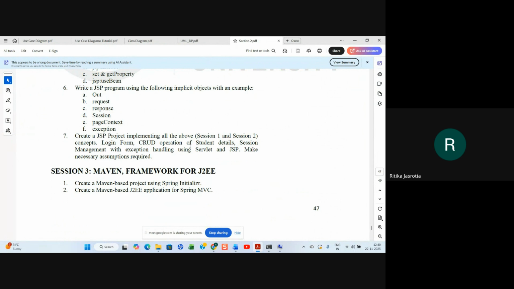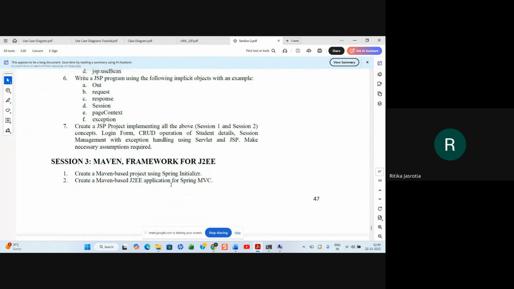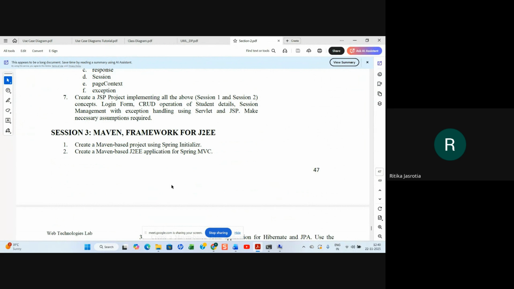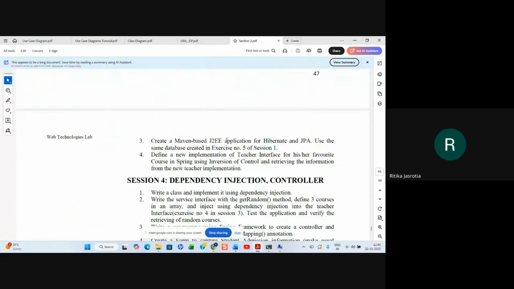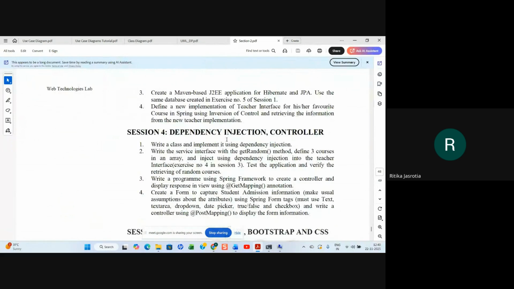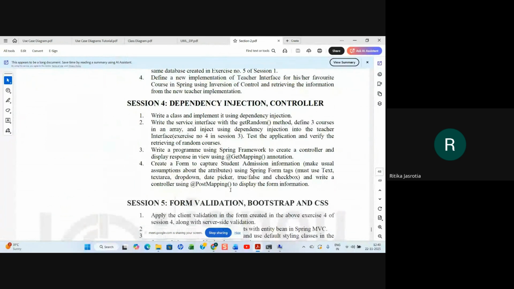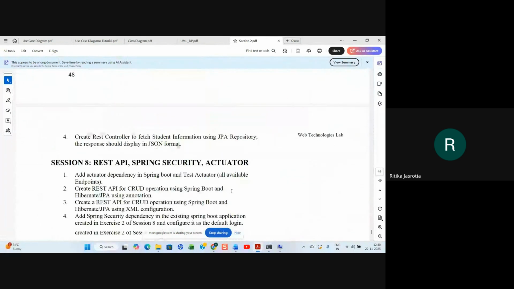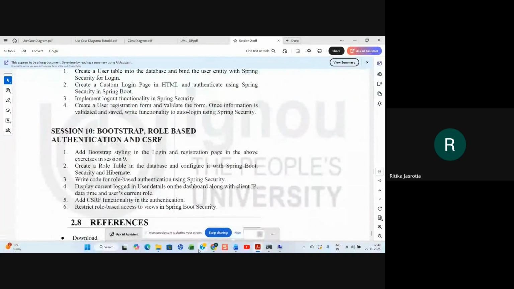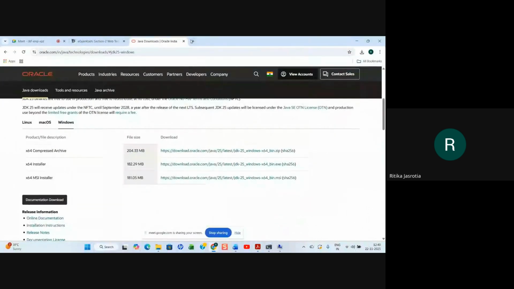Login form, CRUD. Then Maven framework for J2EE. Create a Maven-based project using Spring Initializr. Create a Maven-based J2EE application for Spring MVC. और फिर ये डिपेंडेंसी इंजेक्शन, कंट्रोलर। तो ये सब आपको आपकी थ्योरी बुक में भी मिल जाएगा।